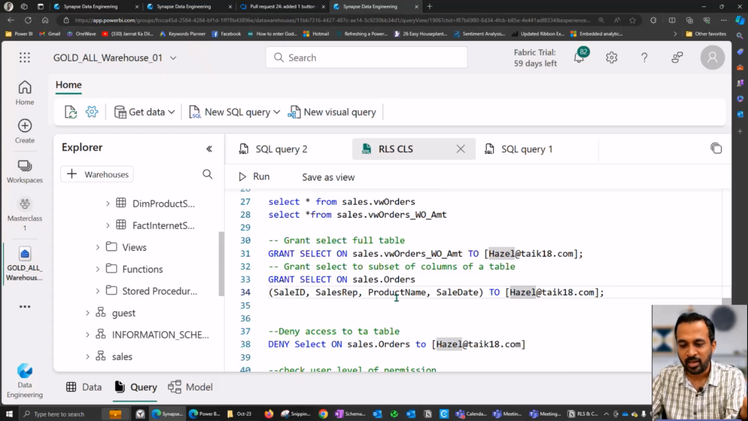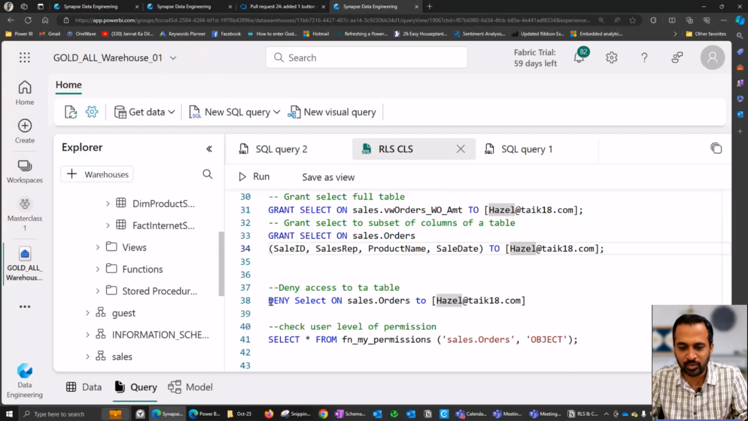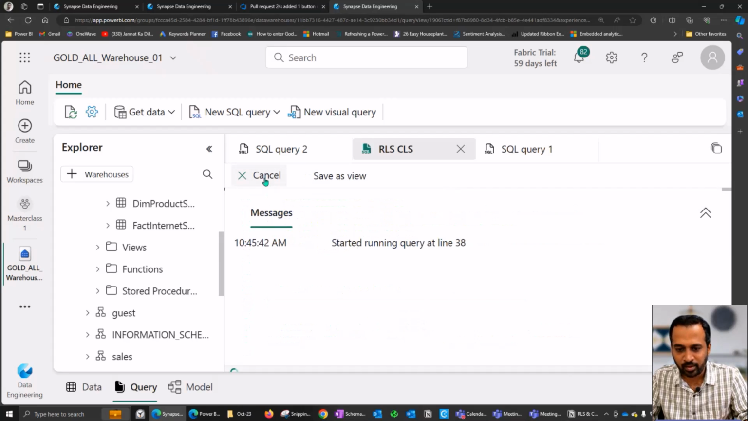That's the reason. And now, what will happen if they already have access? Usually when you share the warehouse, by default, they will have access to the tables. So you need to deny the access. How we can do that is basically deny select on sales.order to Hazel. So if I click on run this one on this main thing,